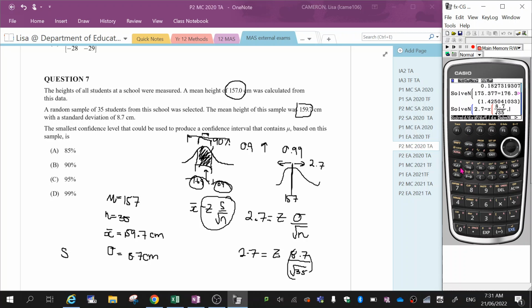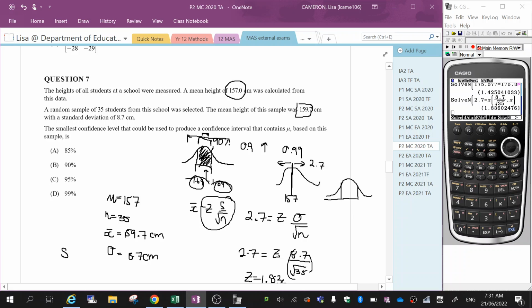So comma X, close your bracket, execute. Okay, and now we're going to press fraction to decimal, and I'm going to get the answer of 1.836. So z equals 1.836. Now, if you're thinking about what this looks like now on our thing,